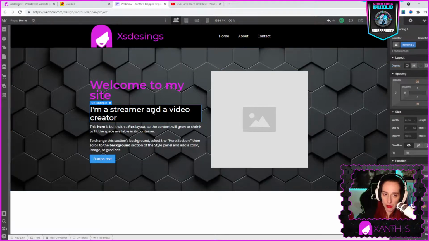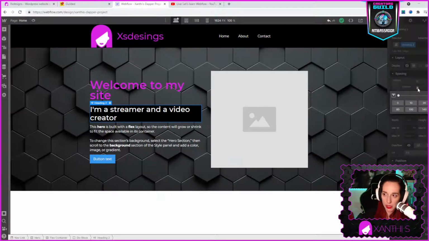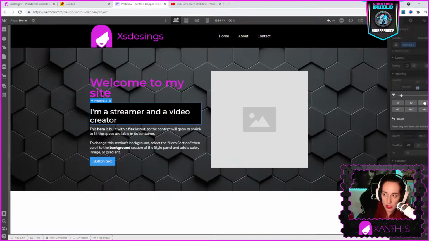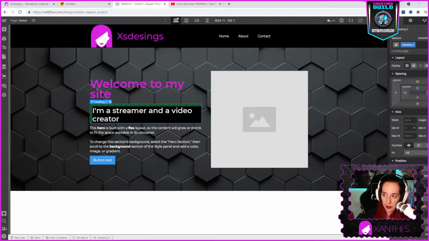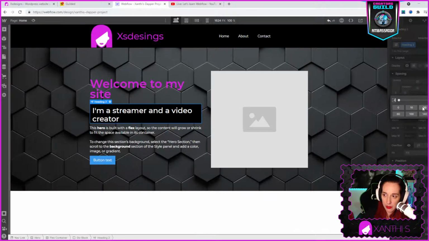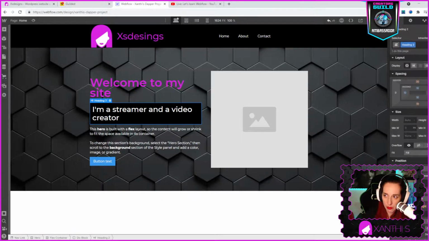On this one, the heading, margin 20, padding 20, or 10 even. 10, 10, 10. Is there something that can do it automatically on all of it? Probably somewhere. Could it be this one? Center element, horizontal requires fixed. Okay.